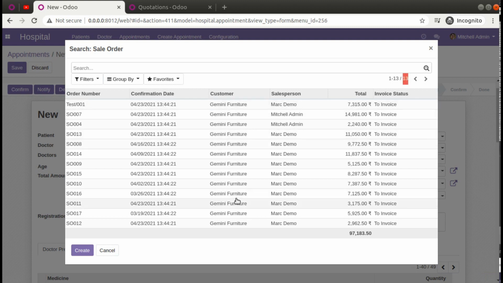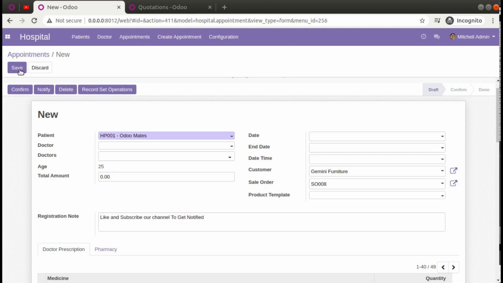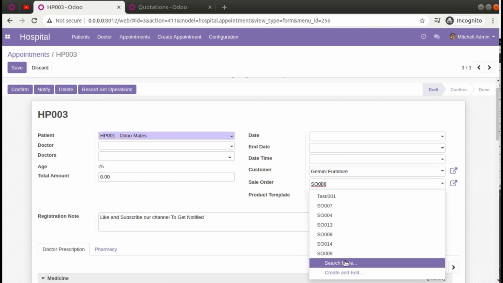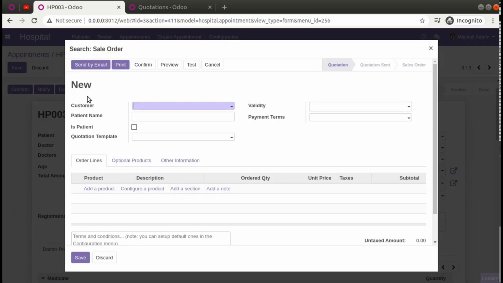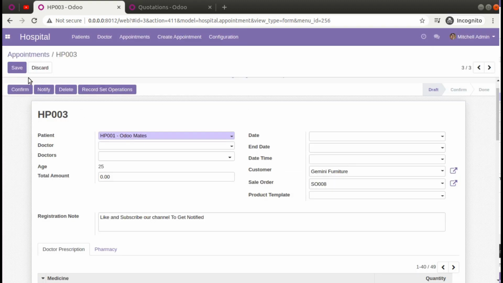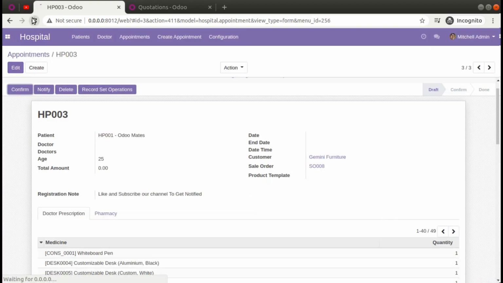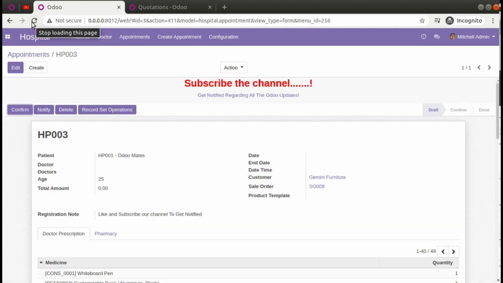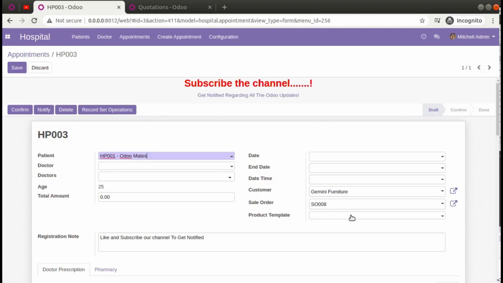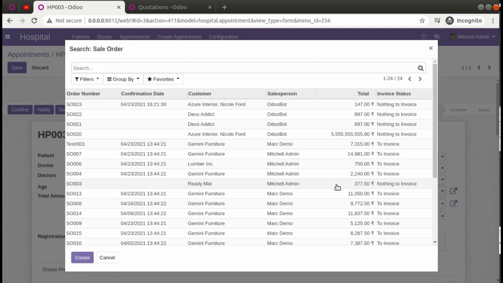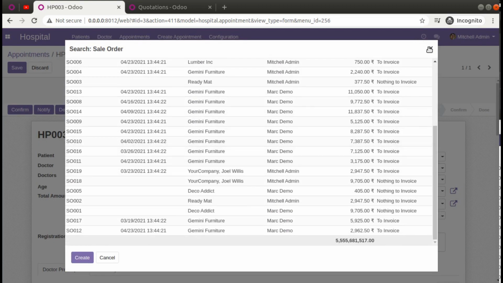the selected customer. But what happens if I click on save, and if I come back here, still it will be the same. But you can see once you refresh, so if I save and if I refresh, the domain will be lost. So if you click on edit, and if I come back here and if I search more, you can see all the sale orders will be getting listed.